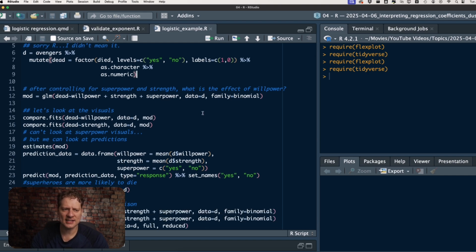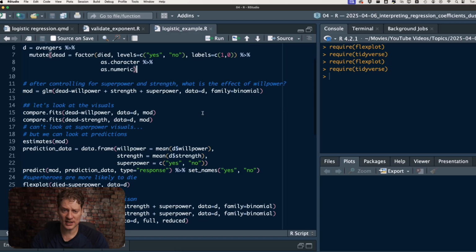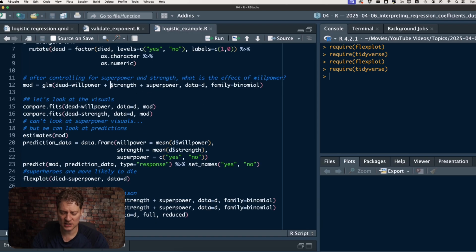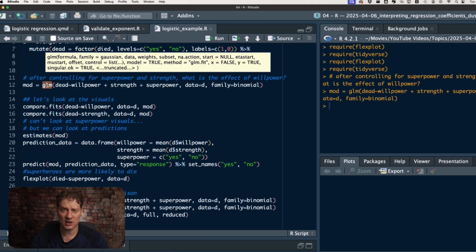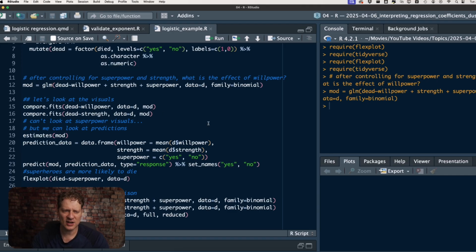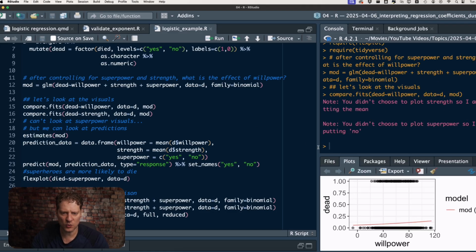So the question I might want to ask is, after controlling for superpower and strength, what is the effect of willpower? And so if we were to fit that model, this is how you would do a logistic regression. If you want to know how to do that, I will leave a link in the description. And then now let's look at the variables one at a time, just to get an idea of what's going on. So if we look at willpower,